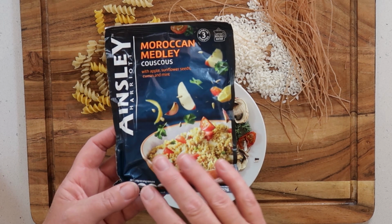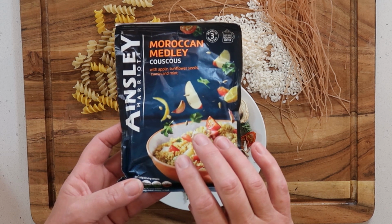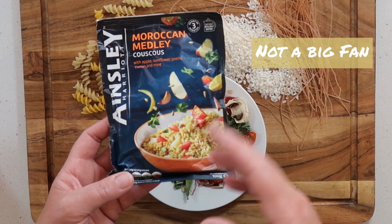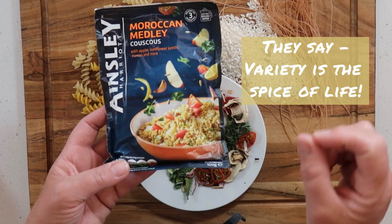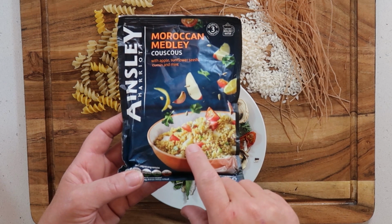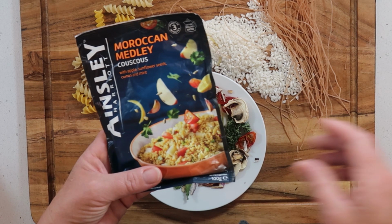Another really good thing to take out that a lot of people like is couscous. Those who know me know that I don't really like couscous myself that much. But I do have it occasionally. When you're out on a trail for weeks, even months on end, you do need to have variety in your food. You don't want to just keep eating the same thing day in, day out. And I do see a lot of people just eating couscous their whole way. I personally would find that